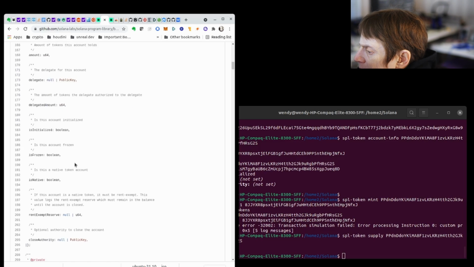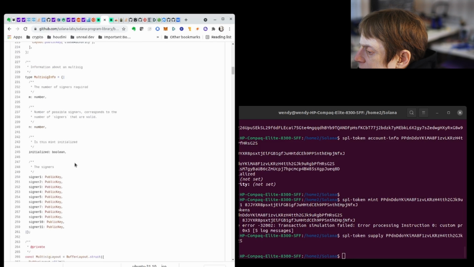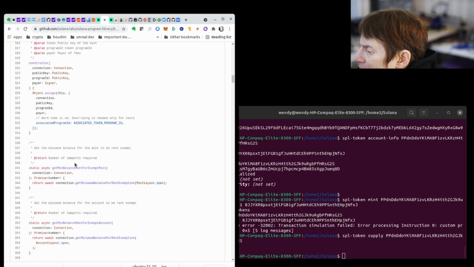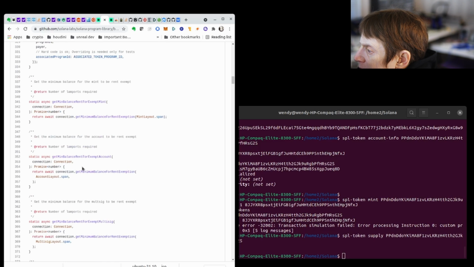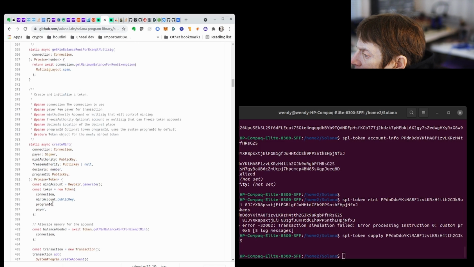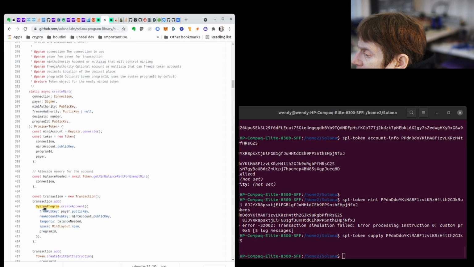Mint layout. This is a whole bunch of defining things. I want to show you where it is actually creating, create mint. So let's see, balance needed, token, new transaction, and create account, new account, pub key, mint account, pub key, the lamports. Okay, so this is where it's